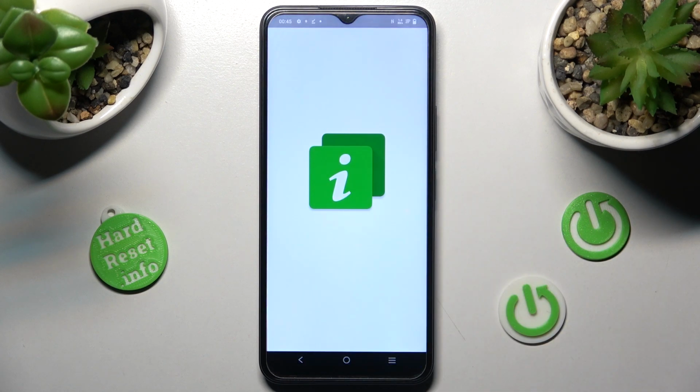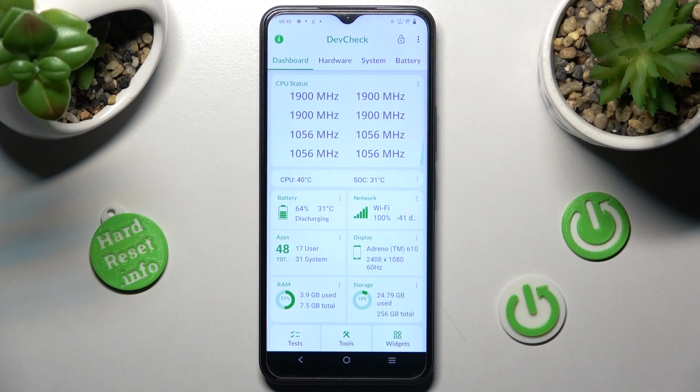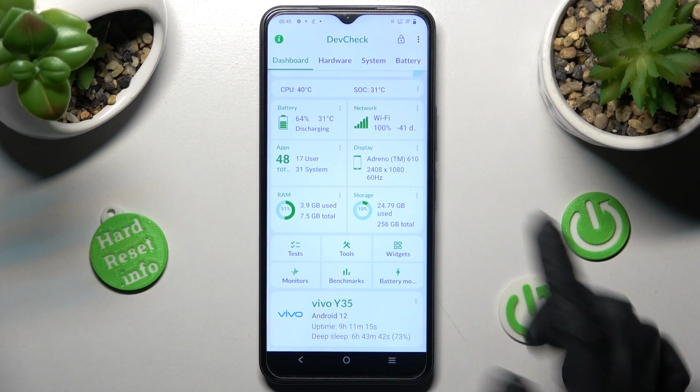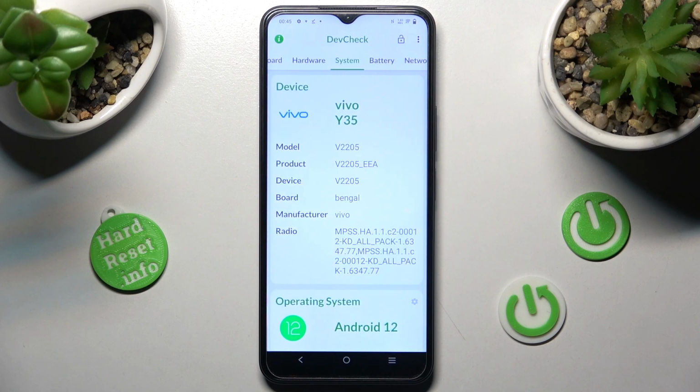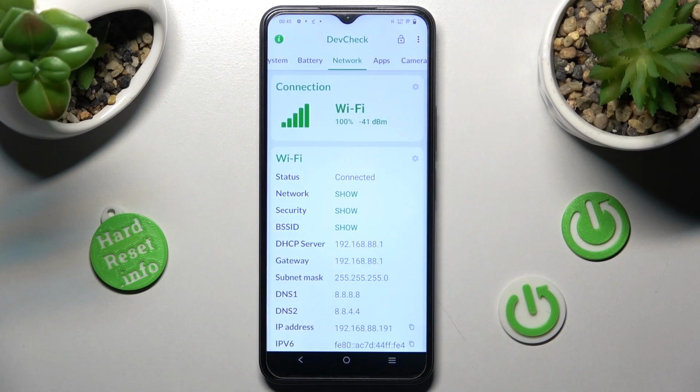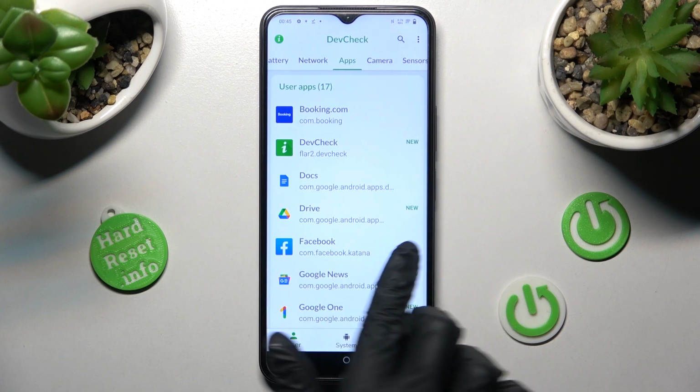Now, thanks to this app, you can learn all the information about your VIVO's dashboard, hardware, system, battery, network, apps,